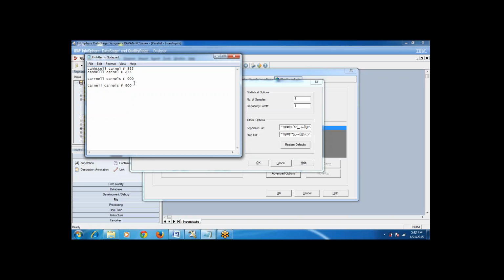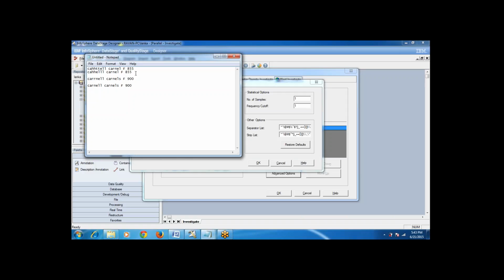So how it is calculating and identifying whether the input string is matching up to 85% or 90%, this is a concept of threshold values that we will see while we're discussing the match stage after the standardization stage. There you will get the clear picture of what the threshold value, the cutoff threshold value, is, and how it is calculating the weight, and how it is identifying whether it is matching to 85% or 90%. That we will see later.